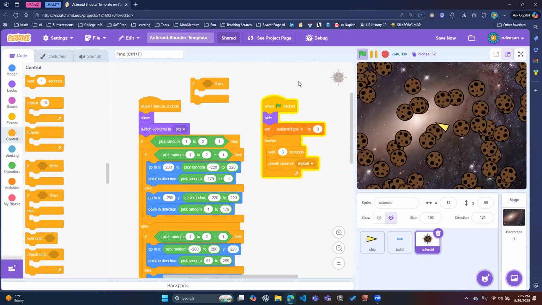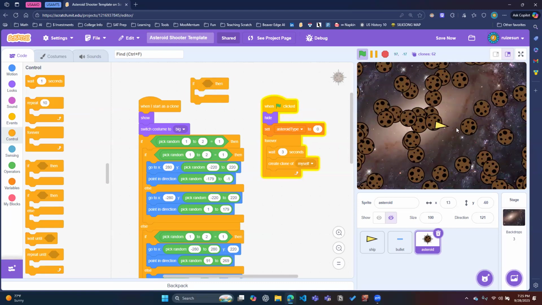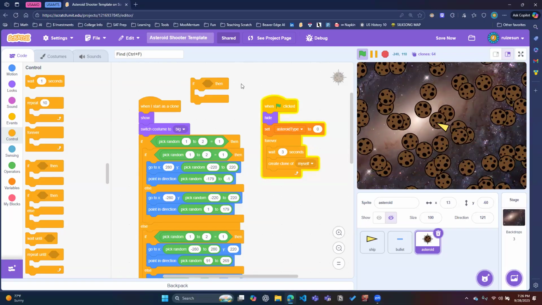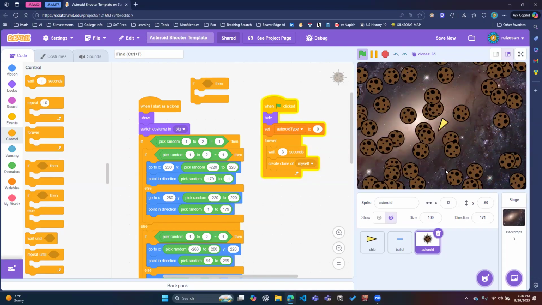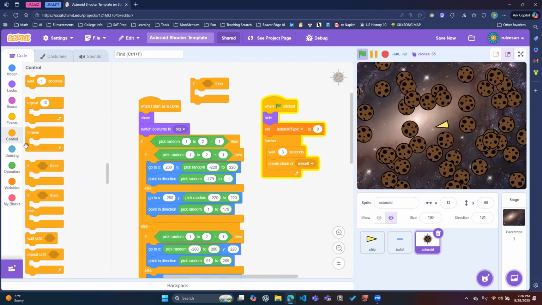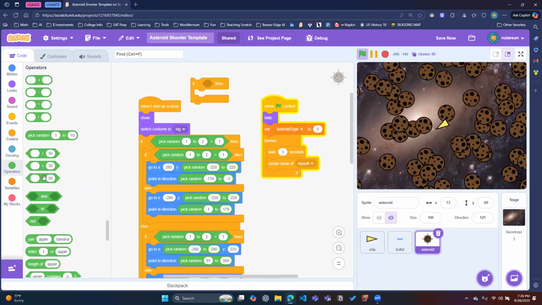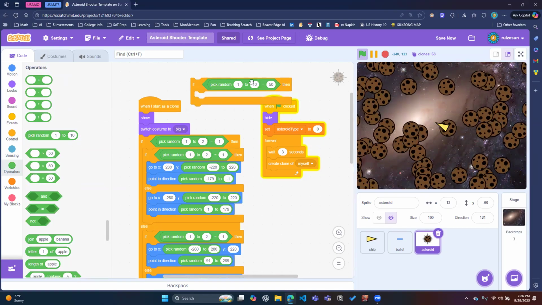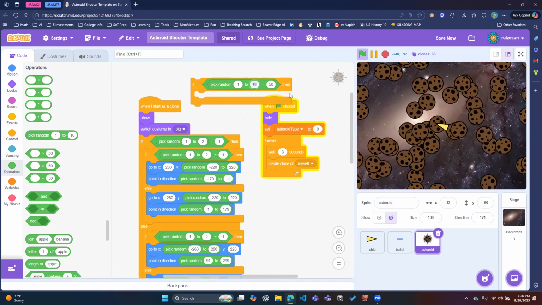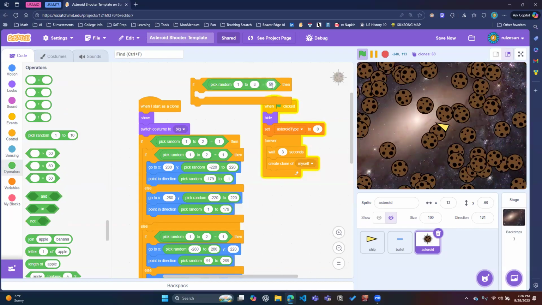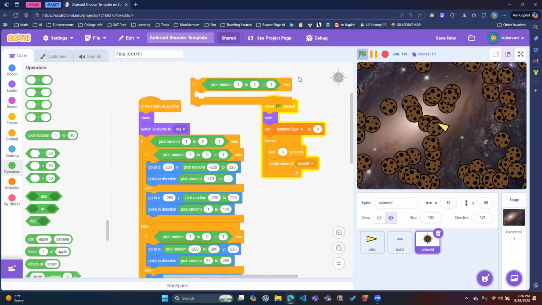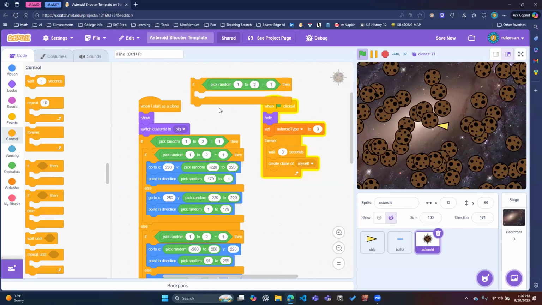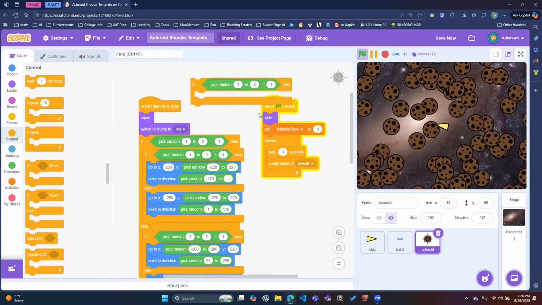We want it to be a different type based on chance. To simulate a chance, we're going to drag on an equals and a pick random. So let's say we pick a random number between 1 and 3. What is the probability that it equals 1? Well, that's going to be 1/3, right? So there's a 1/3 chance that